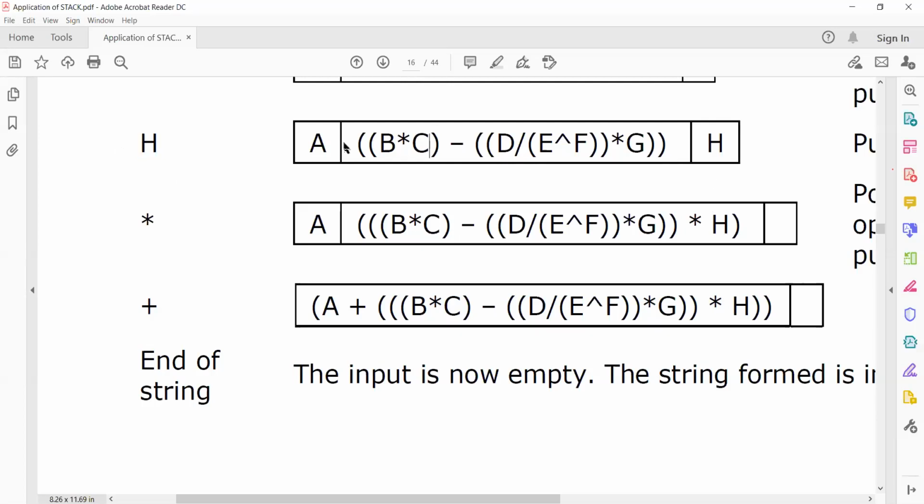This is one item, this is another item. When multiplication comes, what is our algorithm?